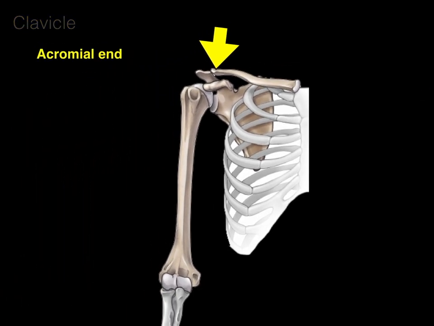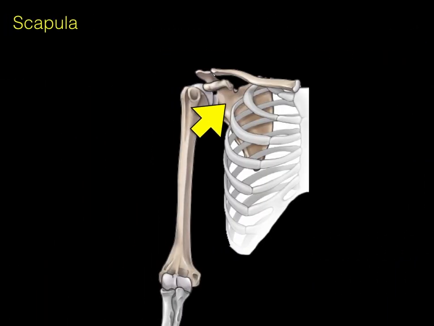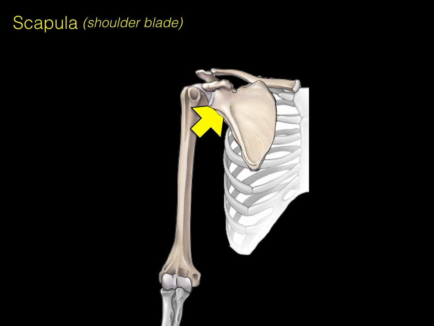Now, it has two ends, the acromial end that articulates with the acromion of the scapula, and then the sternal end that articulates with the manubrium of the sternum. That makes sense. Now the next bone is the scapula, also known as your shoulder blade because it looks like